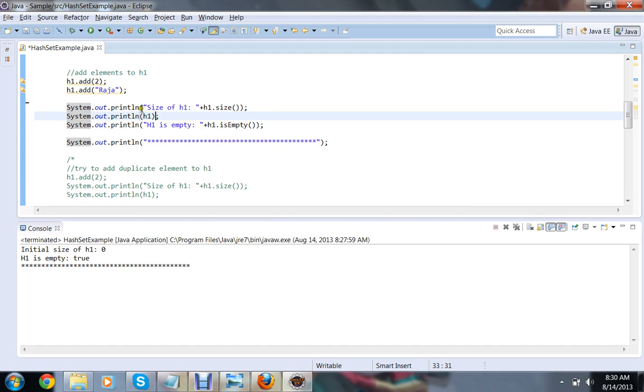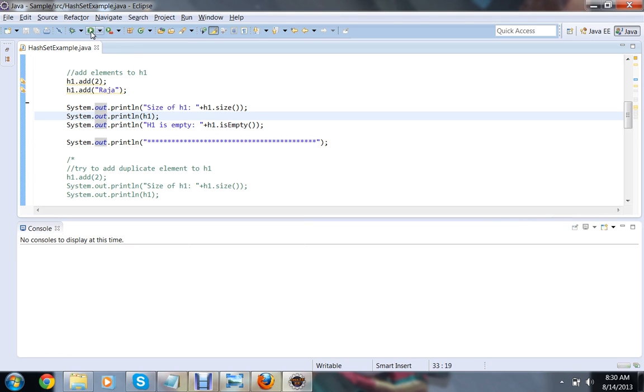And see, this line is used to print. The System.out.println(h1) prints all the elements available in the given hash set. Okay, and after that we are just checking whether the hash set is empty or not, right? If we run this code,